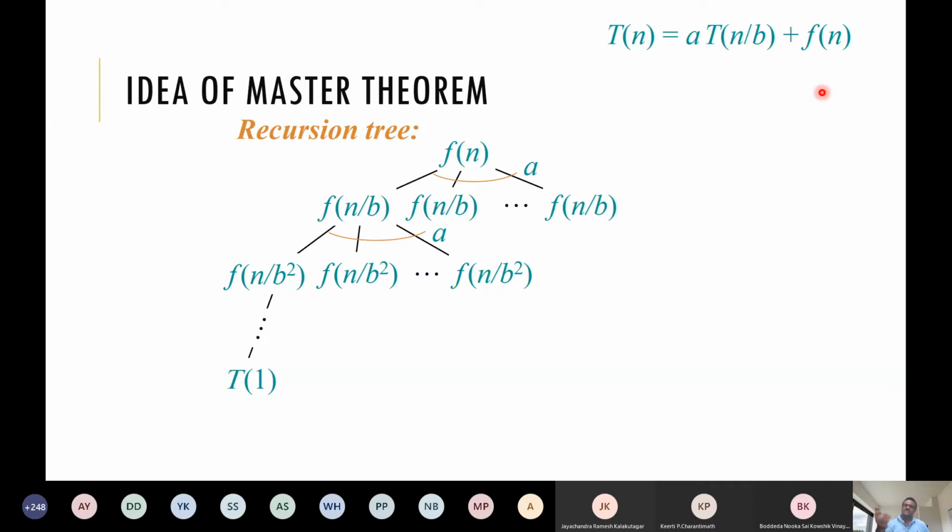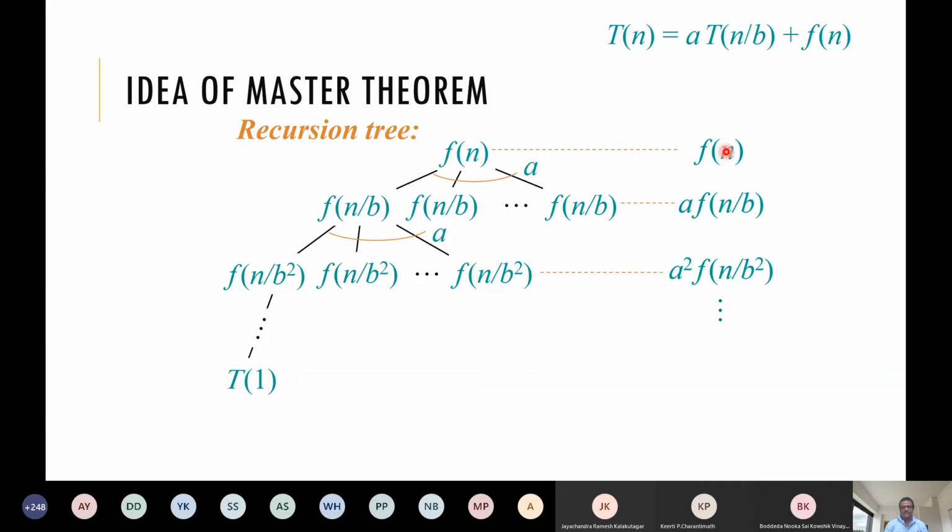So we have a problem of size n. We divide the problem into a many subproblems of size n/b, and then again we divide these subproblems of size n/b into subproblems, and we continue until we reach 1. Once we reach size 1, we stop. That is the stopping condition. Most algorithms have this stopping condition. So now T(n) is basically the sum of all this. Now how to do the sum? We have to do the level-wise sum.